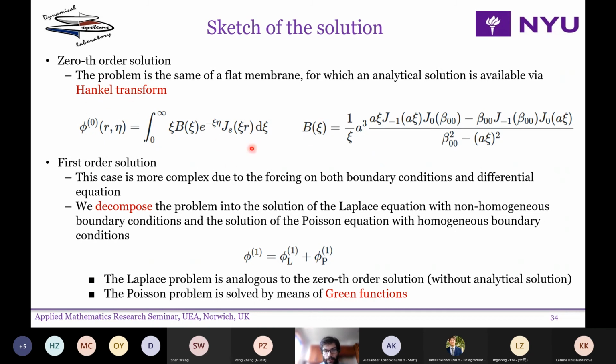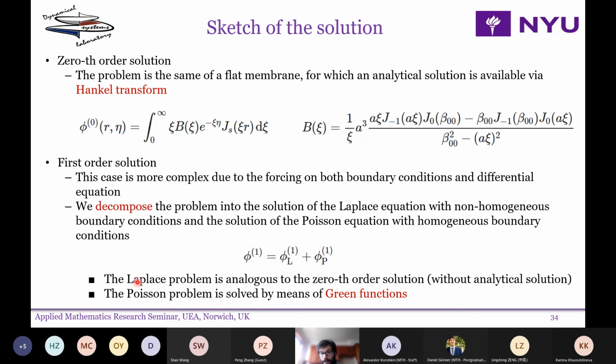And this is the solution. And then the first order solution, instead, is a little bit more complex because we have the forcing on both the boundary condition and the differential equation. However, the problem is linear, so we can decompose it into a problem with the Laplace equation that solves the non-homogeneous boundary condition, and the solution of a Poisson equation, which is our second problem, with homogeneous boundary